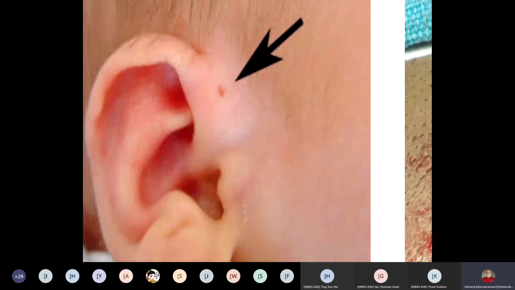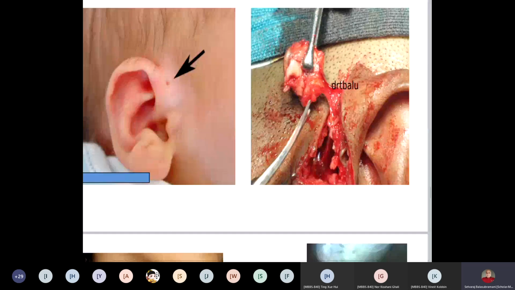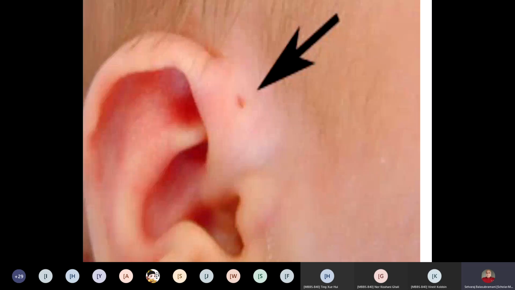But if they are developing problems, if there is pus discharge, then you have to intervene. If the patient is having pus discharge, you have to treat it with antibiotic. Then once the infection has subsided, you can do the excision. This is the surgery. You are seeing it in the second picture, but you may not understand what it is. I will tell you. You have to make an L-shaped incision, not the regular L, but I cannot show you properly here. You have to make an inverted L-shaped incision, and develop that skin flap.